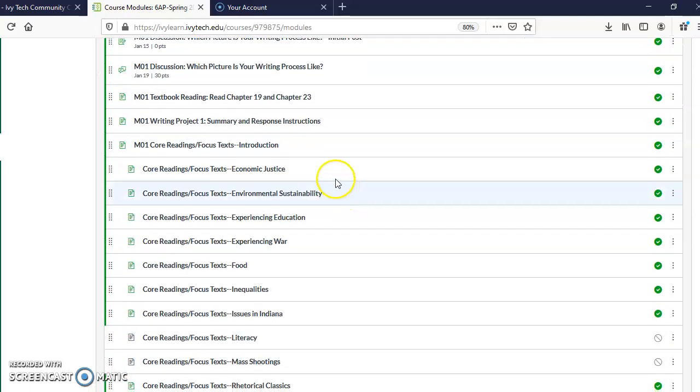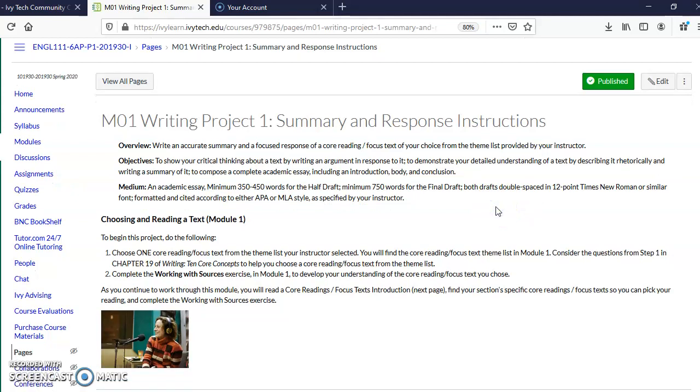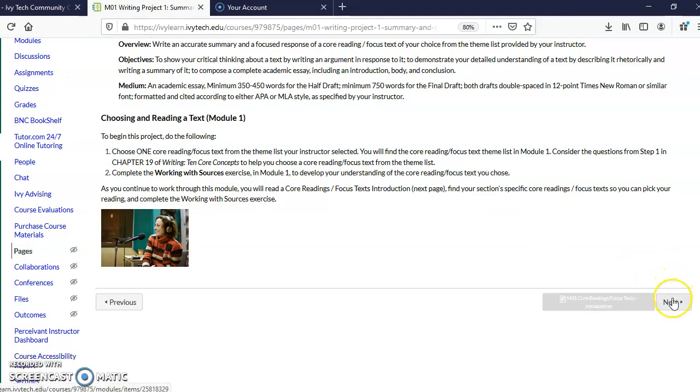And then we have Writing Project 1, Summary and Response. Let's go ahead and open this. And because this is an 8-week course, we really do jump right into the writing. And what you're going to do is pick one of the core readings. I'll show you those in just a minute. And write a response to it. Demonstrate your understanding of the text by rhetorically writing a summary of it. Now, I don't want to go into too much detail here because if I click on Next,